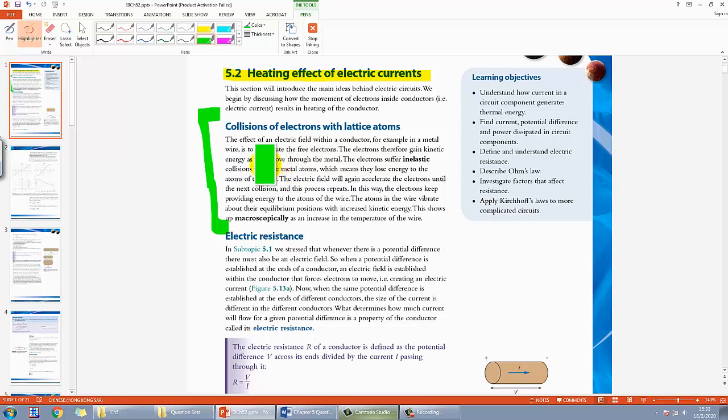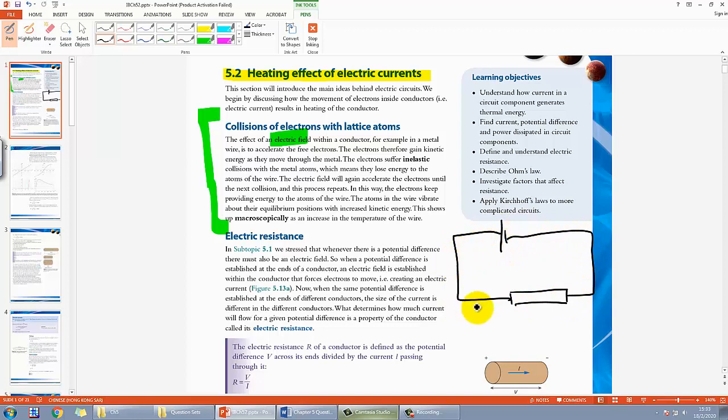So let's take a look here. It said, as you learned about electric field in 5.1, in a circuit that you learned in year 10, the one that gives out the electric field is probably the cell. And then maybe there's a resistor here. That is the simplest circuit, right? So the electric field could be set up by the cell here. And if you remember, this side is negative, this side is positive,